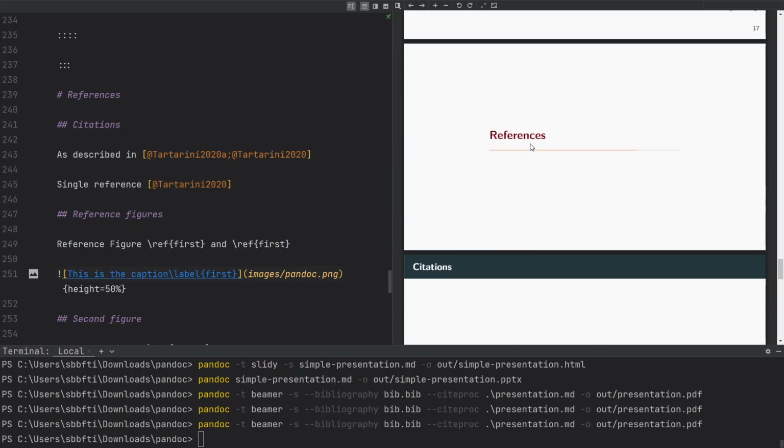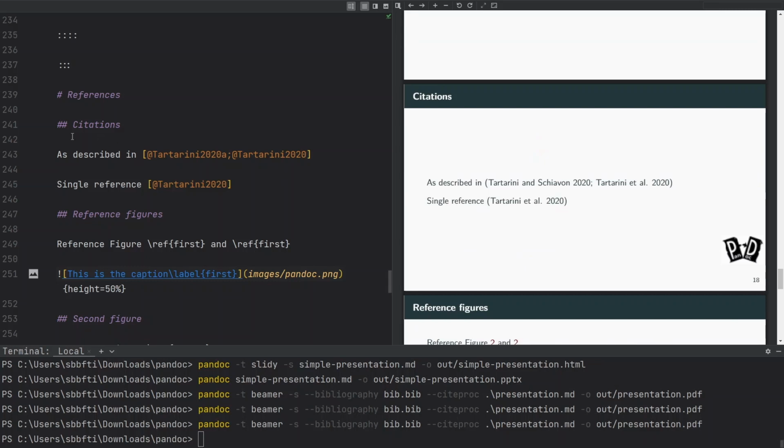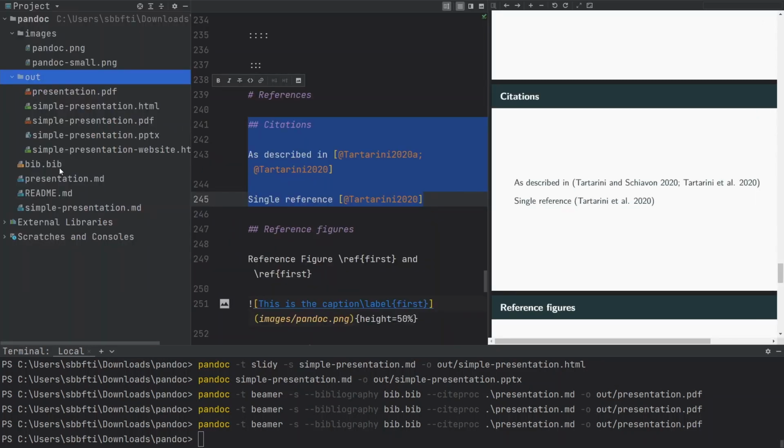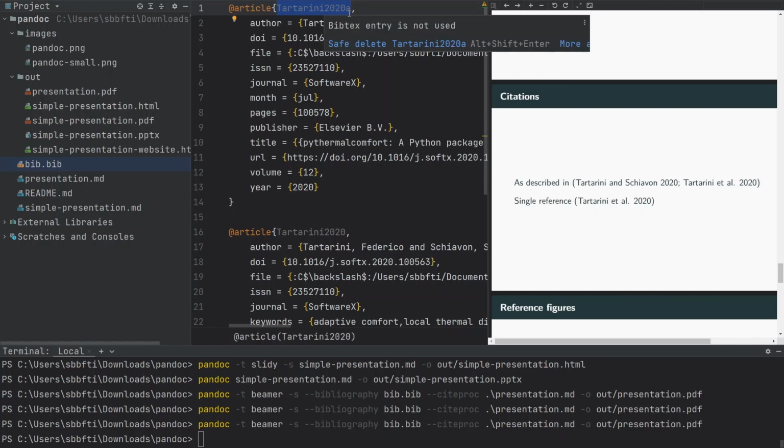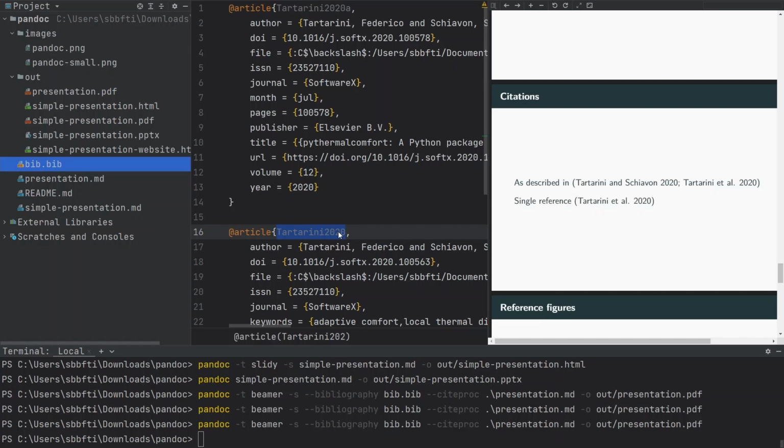So here we have the references section. So here we have citation, which is the slide. So you can reference a BibTeX entry, the one that I showed you before. So let me open the file again. So here we can open the bib file. And as you can see, here I have my BibTeX entry. So we need to use this unique key here. So it is my surname in this case, 2020A, and my surname. This unique key, of course, has to be unique. That's why it's called unique key.